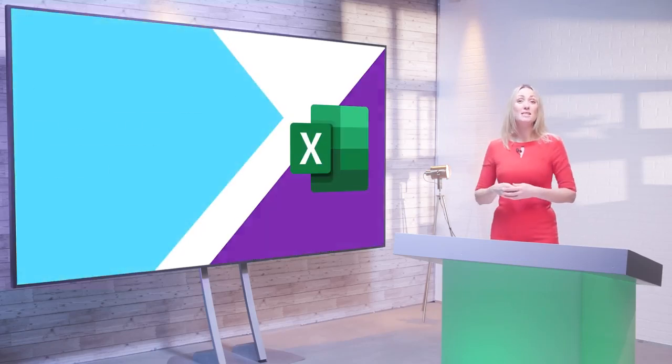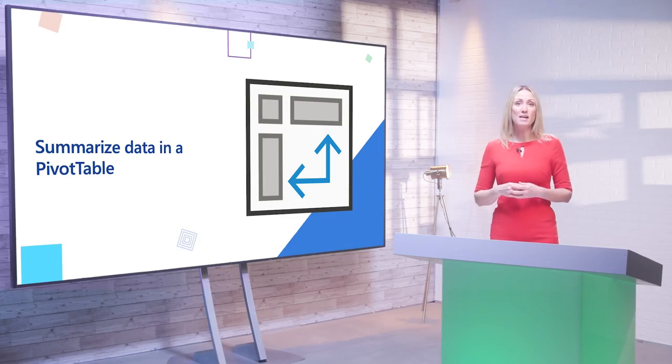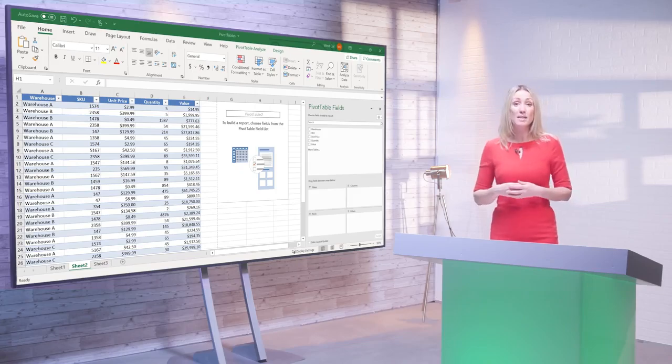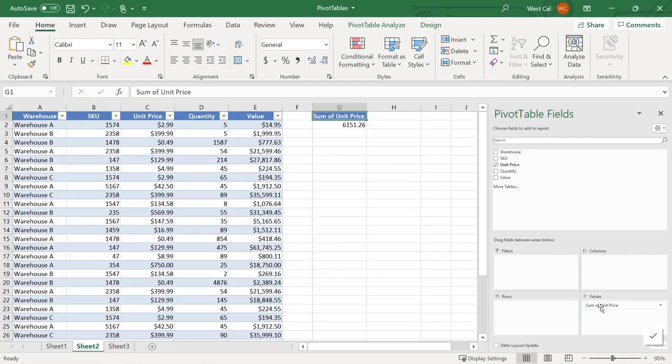Now let's look at how you can summarize data in a pivot table. When you combine options from the Summarize Values By and the Show Values As tabs on the Value Field Settings dialog box, it provides further insight into your data. For example, suppose that you want to calculate the total unit price of all the products that each warehouse is storing. You can do this by dragging the unit price field to the Values area of the pivot table field